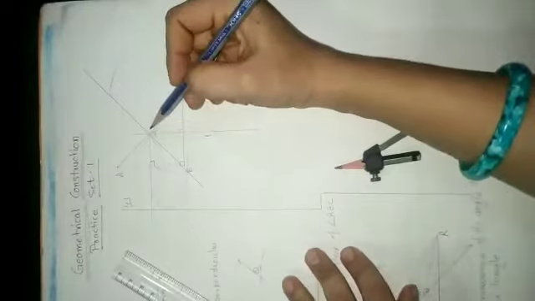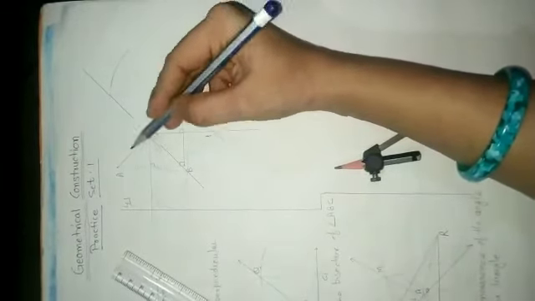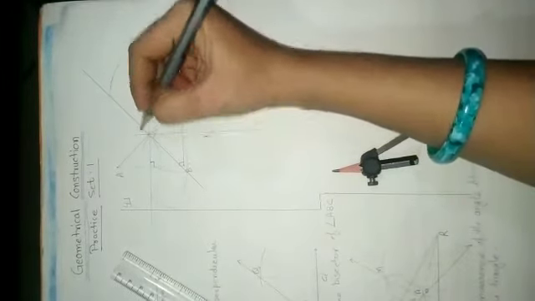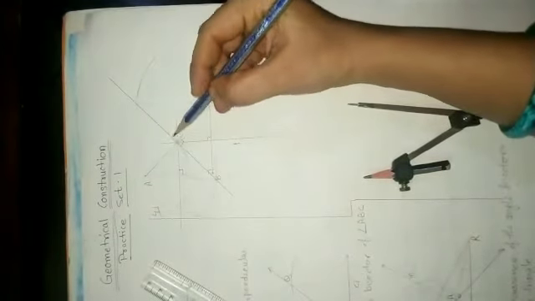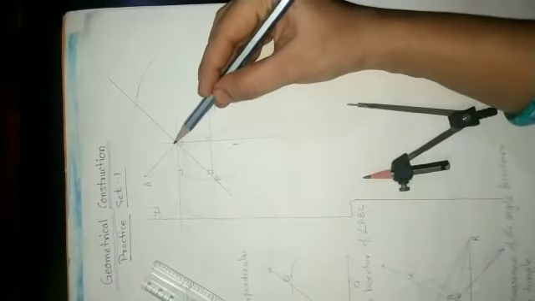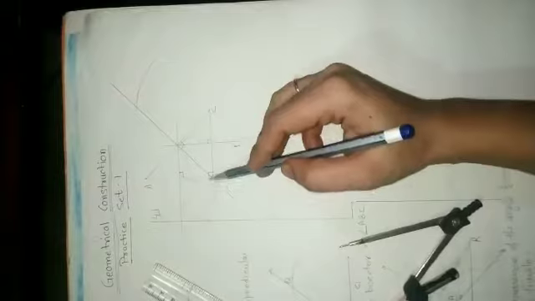Now see, this is the point of concurrence of the bisectors of these sides. This is the point of concurrence and this is the midpoint of AC. Midpoint means it is a bisector. Then here we will write the answer. The perpendicular bisectors of the sides of the right angle triangle are concurrent. The point of concurrence lies at the midpoint of the hypotenuse. This is the hypotenuse of this right angle triangle.